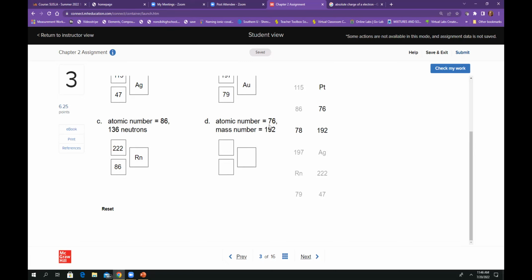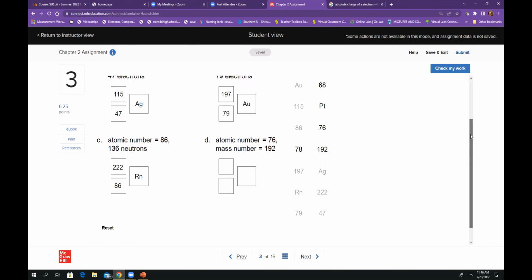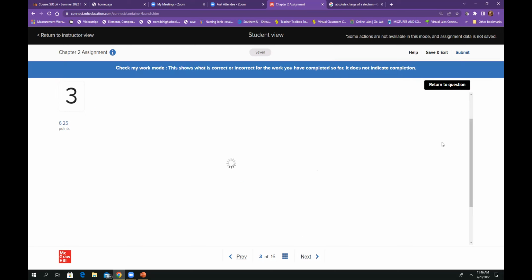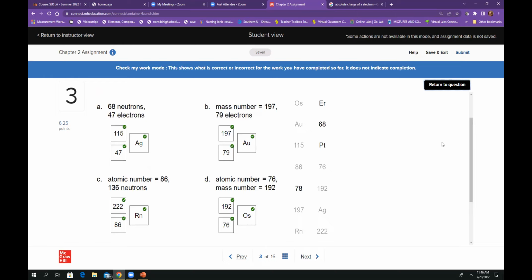Okay. And then the next one is 76. So who is element 76? It's osmium. So we're looking at osmium, Os, there we go. 76 goes on the bottom. Remember we said that. And then what goes on top? Well, it's giving us the mass number. So 192 goes on top. Check the work and it should be correct. See? That's what we just did. So I know you know how to do that part. All right. So as you can see, you can already do parts of your